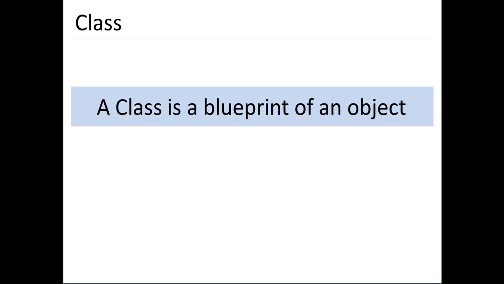Like when we are constructing a house, we don't directly construct a house, but instead we have a blueprint of a house: how the house will look, how the passages will be made, how the internal rooms will be created, what dimensions it will have, how the windows will look. All these things come into the blueprint first, and once it is in the blueprint, only then will the house be constructed, isn't it? Similarly, if we want to create an object, we cannot straight away go and create it. First we need to create a blueprint of an object, and for that we have a class. So class is nothing but the blueprint of an object.